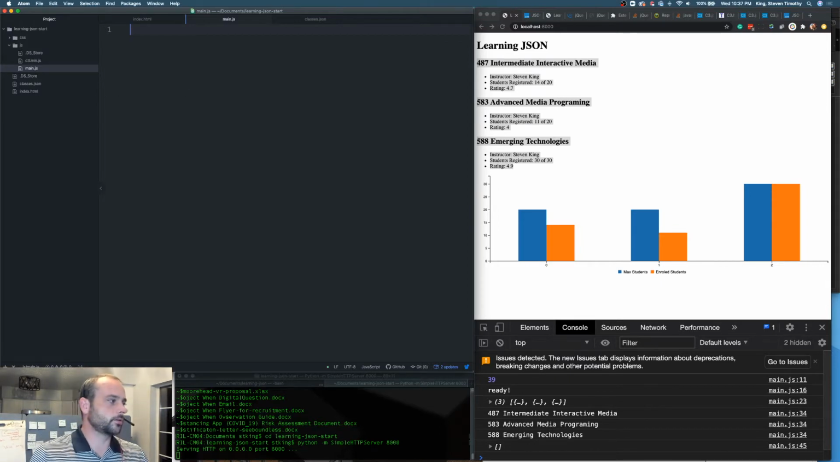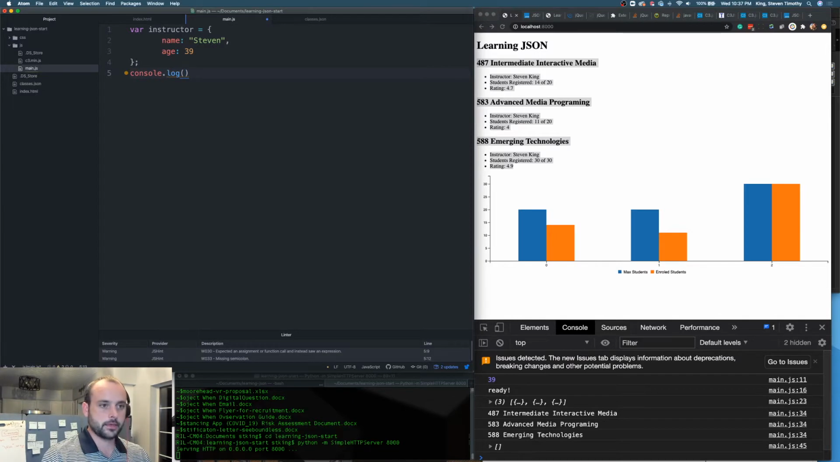So the first thing let's do is talk about the object. I mentioned key value pairs. In JavaScript, you can have a variable for an object. In this case, I called it instructor. It has a key and a value. And so name, age, and we have that here. So that can be called. And so if I console.log instructor,